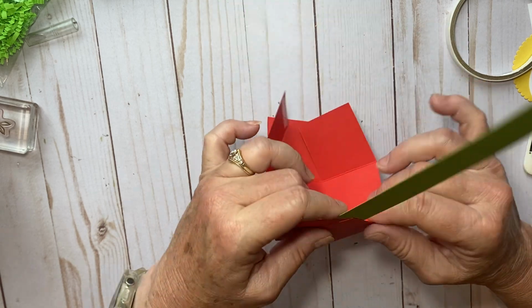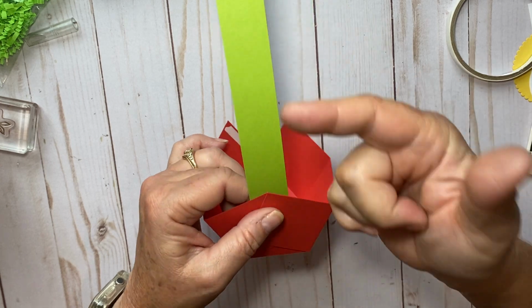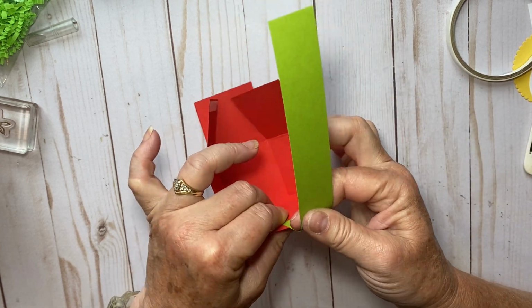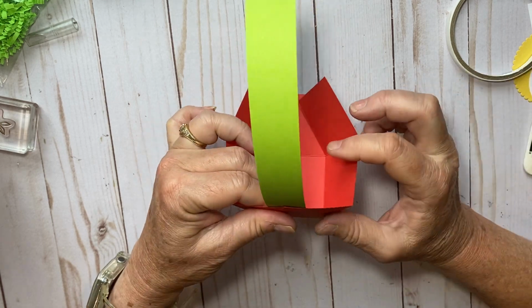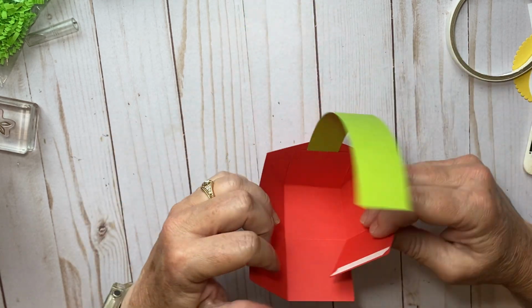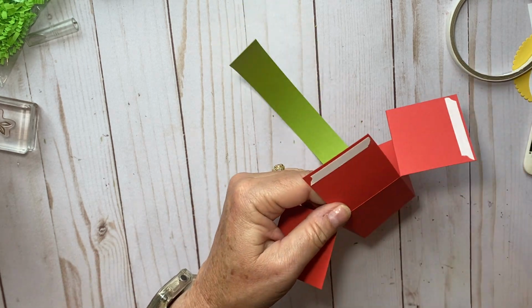It won't let go. So let's do the same thing to the other side, but first we want to give this a little bit of a curl. So between my thumb and my index finger, I'm going to just pull that paper a little bit and break those fibers to get it to where it starts to curl. We're going to take the tear and tape off of that centerpiece,